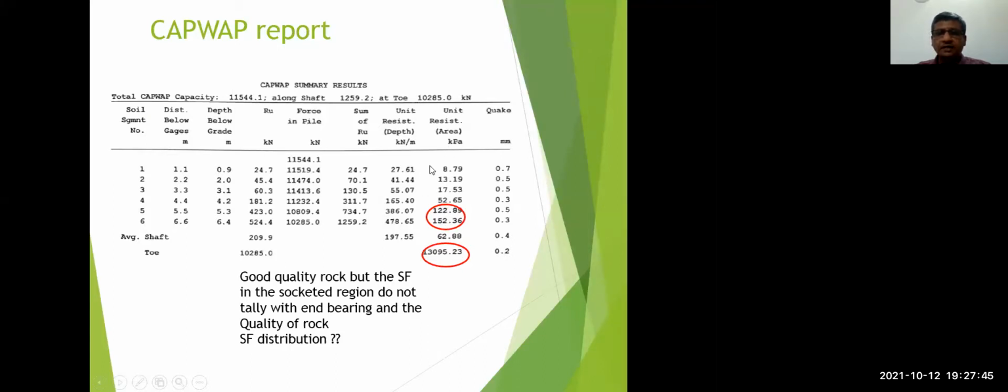you can see that the capacity is about 122 kilopascal, the skin friction, and 152 kilopascal skin friction in those two elements, right? And this is the end bearing, the mobilized end bearing. Now, if you compare these values with the measured values in the good rock in the instrumented pile load test, you can see those values are much higher than this, right? So